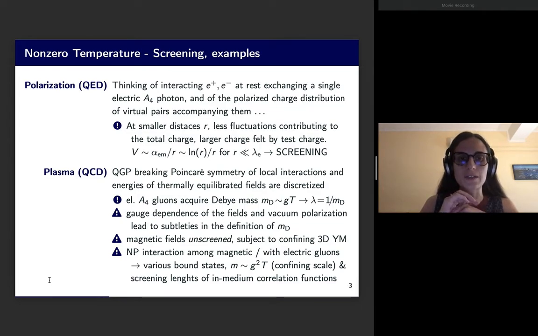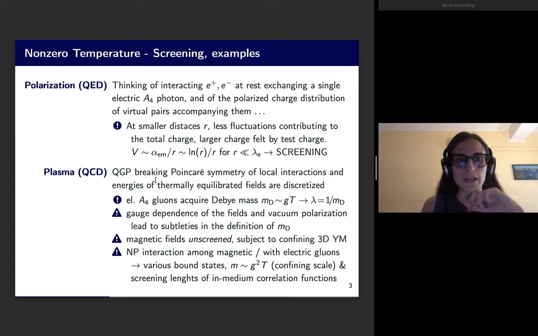Indeed, we know that this electromagnetic coupling constant goes like logarithmically when we consider distances which are much smaller than the electron Compton wavelength. And this explains this form of the potential, which accounts for screening due to vacuum polarization effects. But today we are more interested in the screening due to the presence of a thermal plasma, like the